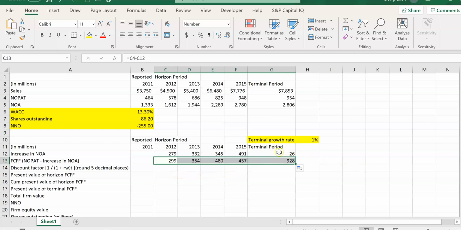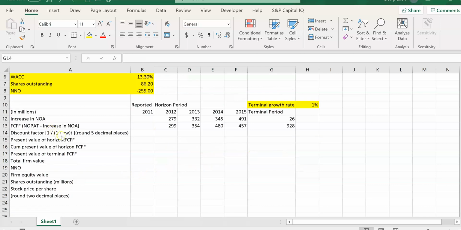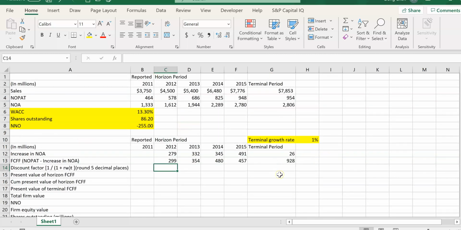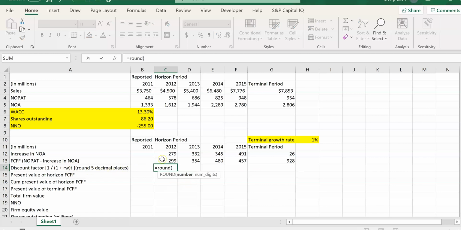Actually, this is the beginning year of the terminal period, right? The discount factor is 1 divided by 1 plus the WACC, raised to the power of T. So T is the difference between the corresponding year and the starting year. So let's start from 2012. We need to notice that we need to round this to 5 decimal places. So let me put everything inside the round function, and now I can put this 1 divided by 1 plus the WACC. I do want to fix the WACC cell here because later on when I drag the cell to the other years, I don't want this to move. And then raised to the power of